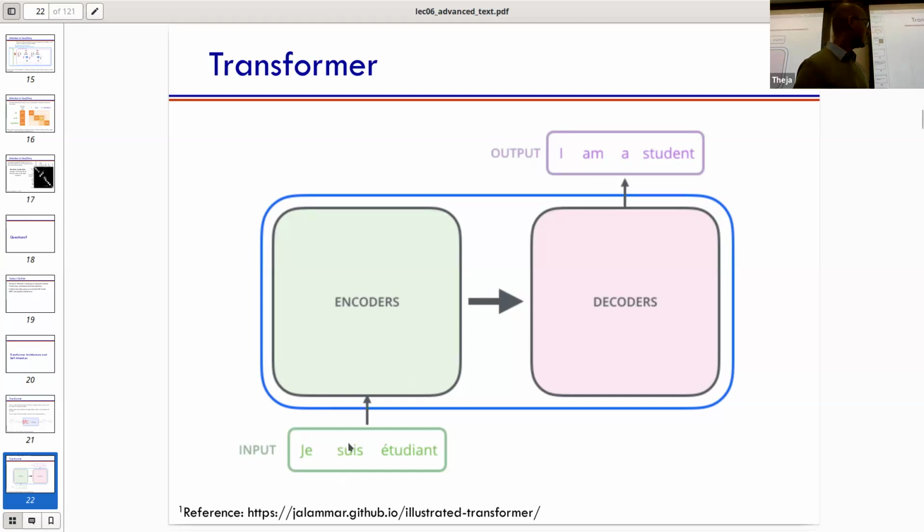So what do we want to do? We have this French sentence in this architecture, just like the RNN architecture. If you're getting confused, forget about the RNN architecture and just focus on how this architecture is laid out. It looks like the RNN architecture, with at least the similarity that there's going to be an encoding part and then a decoding part. That's only because we are looking at a translation application. The transformer block itself has nothing to do with whether there's an encoder or decoder, but there is an encoder and decoder in this machine translation setup of the model. But this is where the similarities between RNNs and the transformer architecture end for this application.